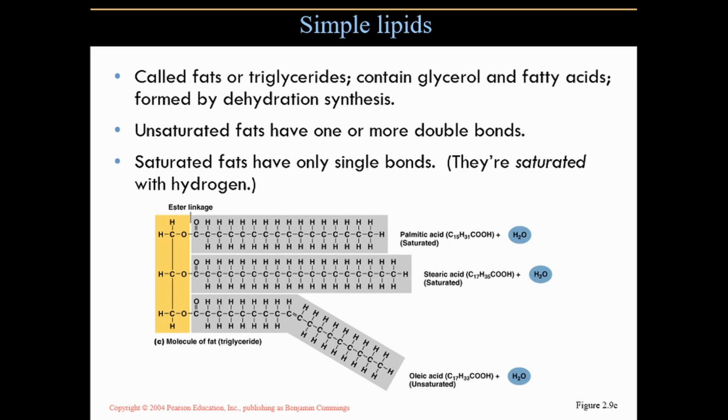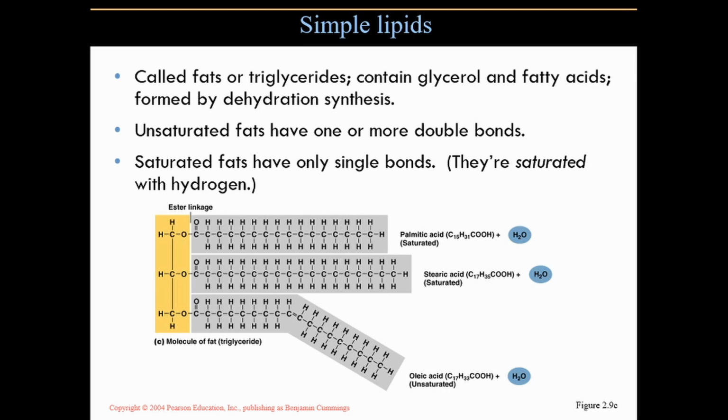Unsaturated and saturated fats. Unsaturated fats have 1 or more double bonds. Saturated fats have only single bonds. They're saturated with hydrogen, and that's why they're called saturated fats. If you look at this triglyceride here that is in the example, 2 of its chains are made of saturated fat. They're saturated with hydrogen. And then the third one is an unsaturated chain, and so it has a double bond in there. A couple of hydrogens are removed, a double bond is incorporated into the molecule,